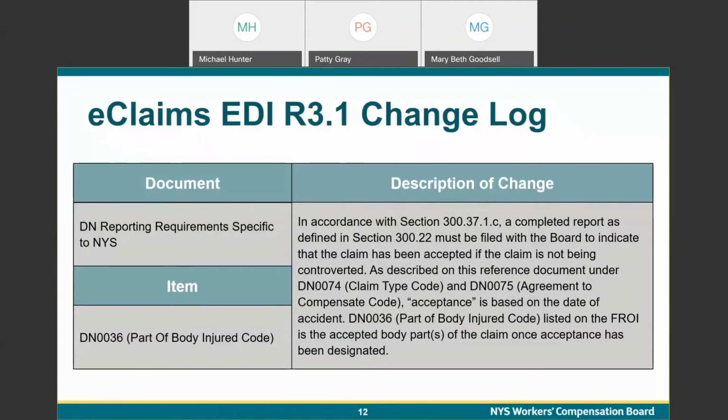So claims EDI 3.1 includes DN 36 part of body injury code on the FROI, which provides us with specific body codes with a left-right bilateral, finger-toe specifics, and multiple occurrences. So with this specific body part information, the board will be designating this as an acceptance, just as was done in the paper environment with the Form C669. So when accepting a case, the body parts listed on the FROI will be the accepted body parts of the claim. Please refer to section